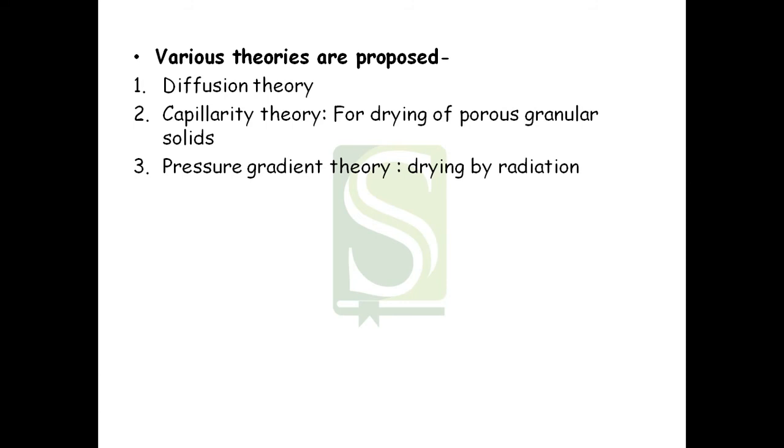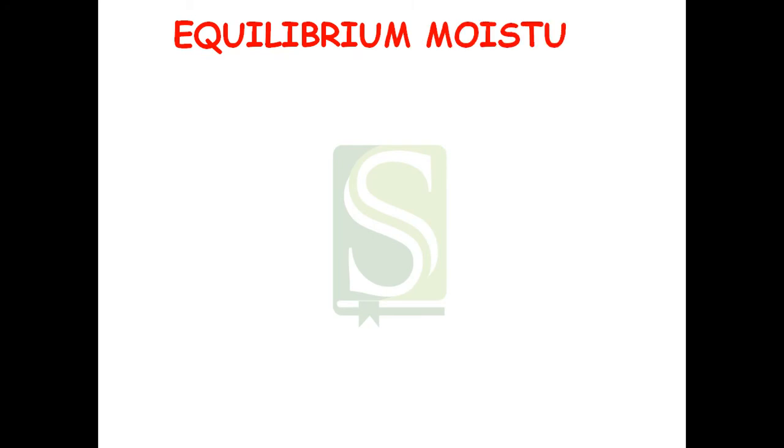When the field is reversed, the molecules return to the original orientation, and this process gives rise to random kinetic energy or heat inside the solid itself. Therefore, liquid inside the solids is vaporized, and as a result, a vapor pressure gradient is developed, which is the driving force for movement of vapor to the surface. This type of drying mechanism is applicable to radiation drying only, provided that these radiations penetrate deep inside the solid mass. So these are the three theories which are related to drying.